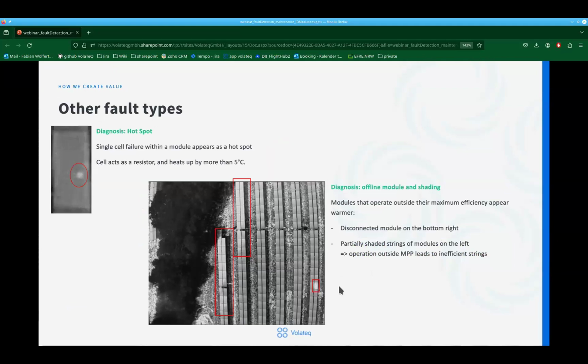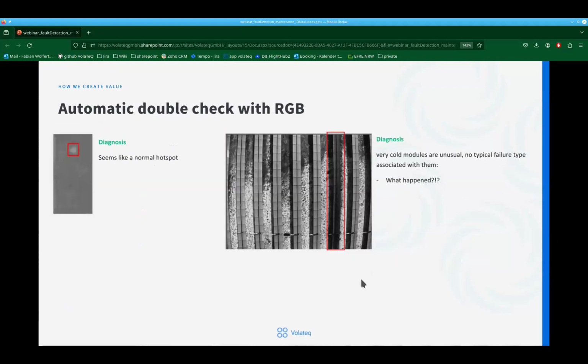You have disconnected modules, and all that can be detected. Sometimes you have question marks, like this one here. It's a colder string or a colder table within the entire plant. That's weird, because you only see heating up modules, or you can see a hotspot here, but which seems